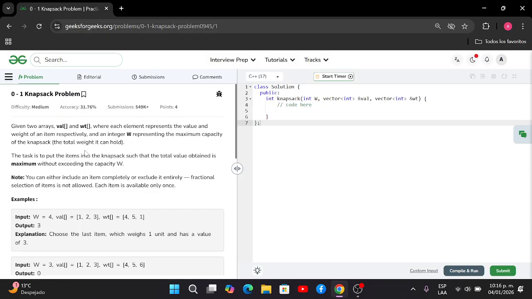Hello everyone, in this video we are going to solve knapsack problem number 1. The statement says this: given two arrays, val and weight, where each element represents the value and weight of an item respectively, and an integer W representing the maximum capacity of the knapsack, the total weight it can hold. The task is to put the items into the knapsack such that the total value obtained is maximum without exceeding